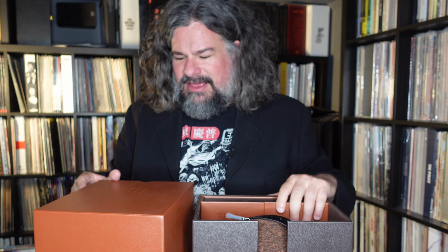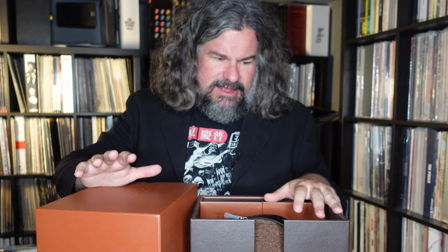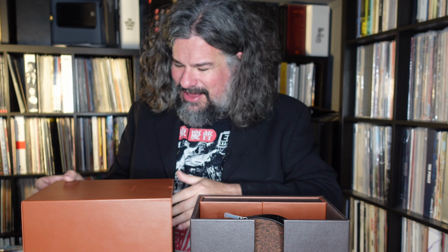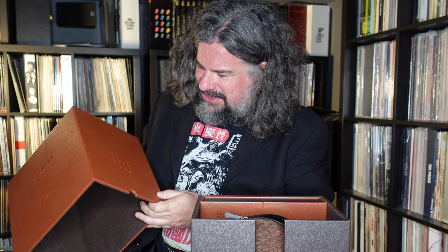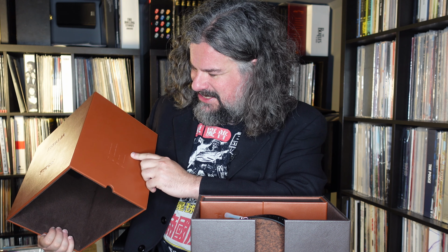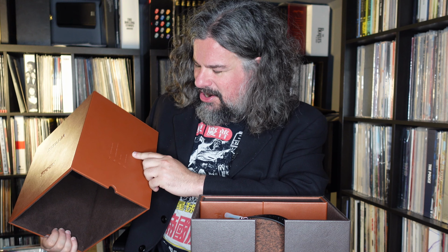It's a box that on the top says Focal and it says Stellia, which is the model that we're actually looking at. Again, considered by many the most robust, most accomplished closed back headphones available now, if not available at any time. I really like this, that they punched what it is that they did on the side here: classic loudspeakers, headphones and multimedia, car audio and studio monitors. Focal